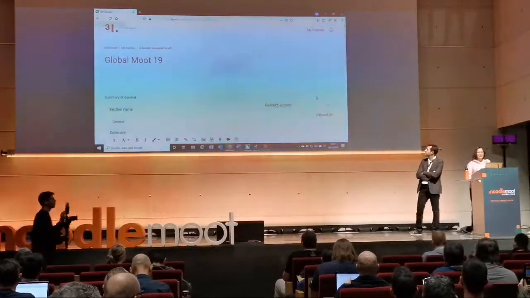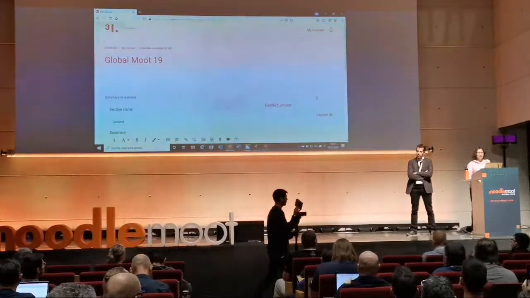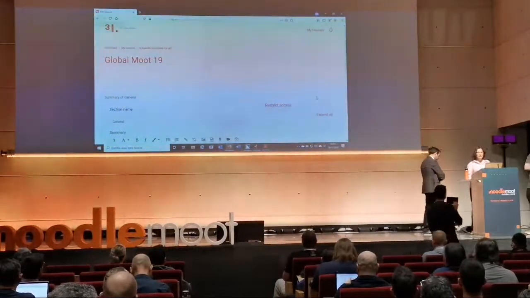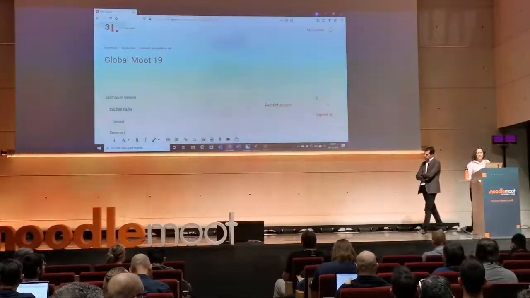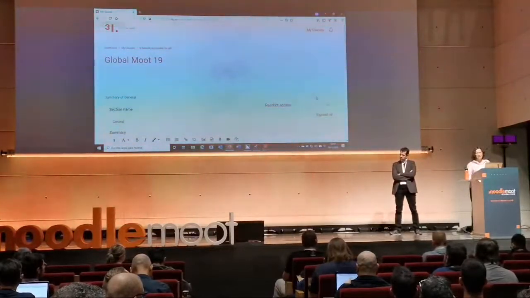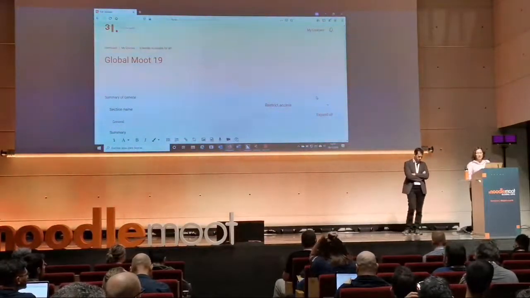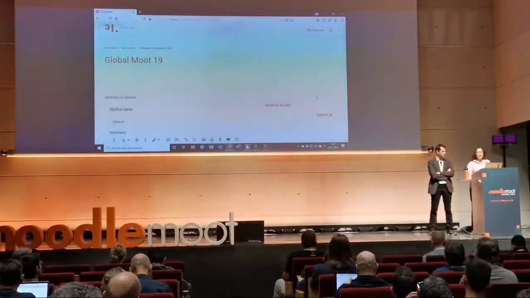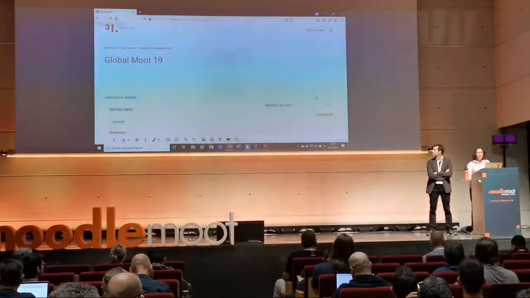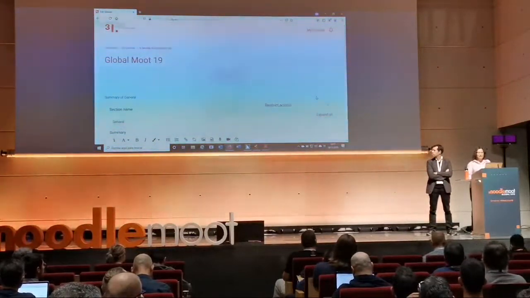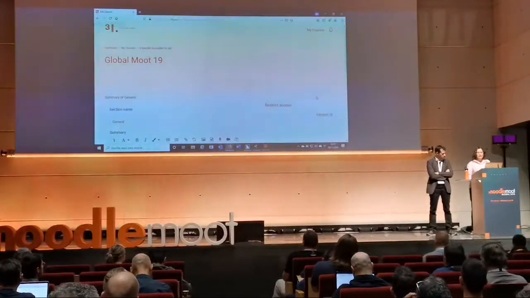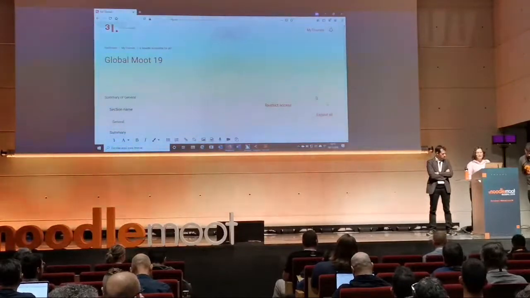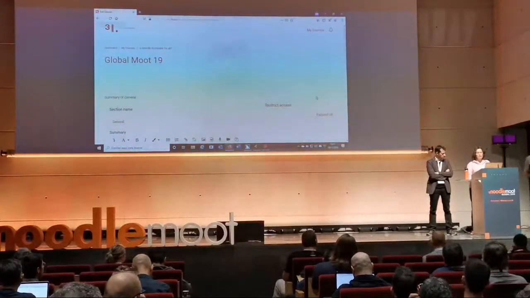Okay. We are in a small example, okay, because we don't have enough time to speak about accessibility and all the barriers that we can find. But for a screen reader user, for example, the images can be a problem if you don't put an alt text, an alternative text in these images. For example, if you put a graphic, a map or something in your course.